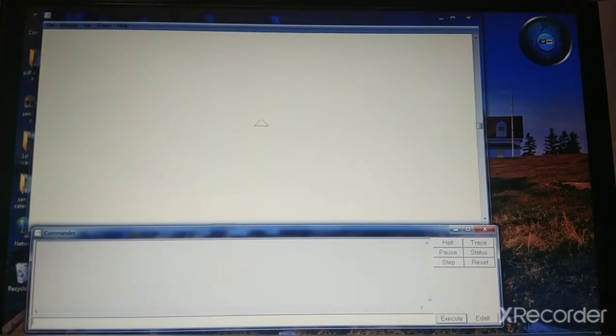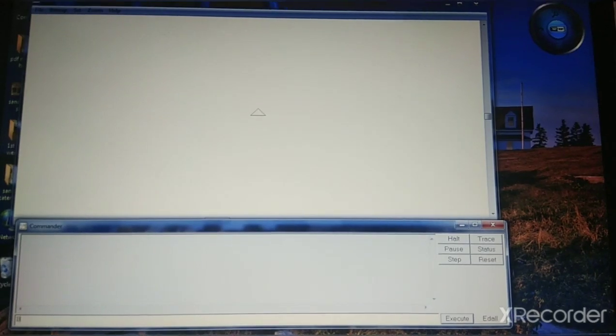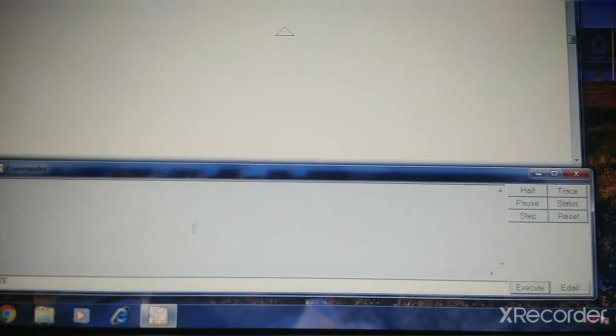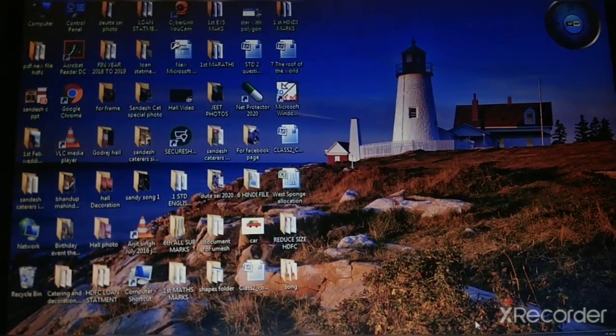To close the Logo window, we type here BYE. Press enter key, or you can press the execute button and see the Logo window will get closed.